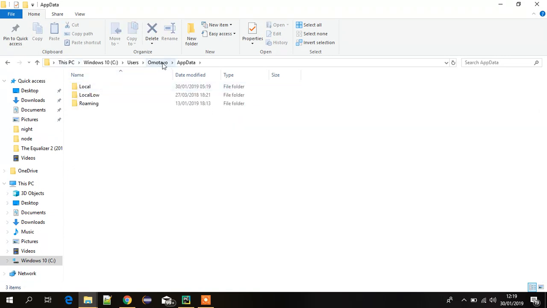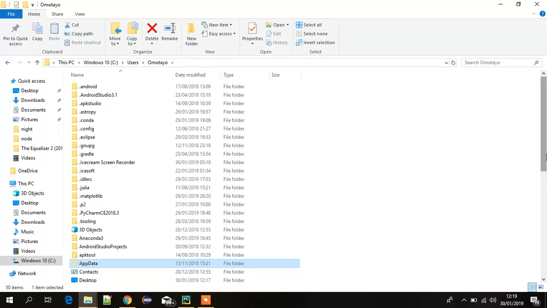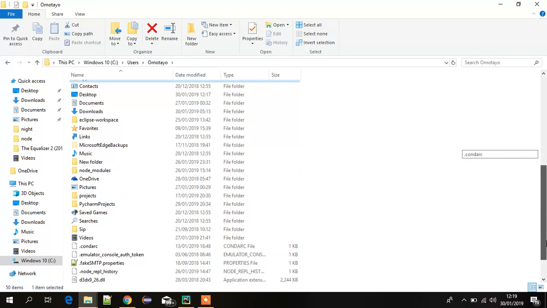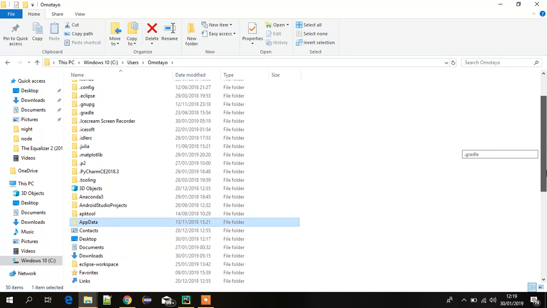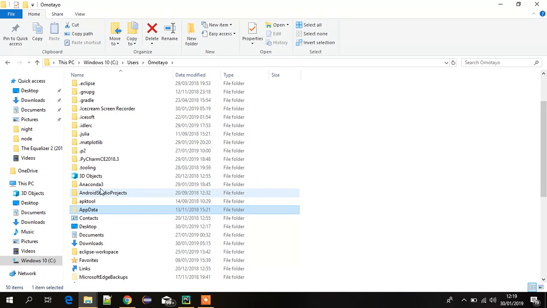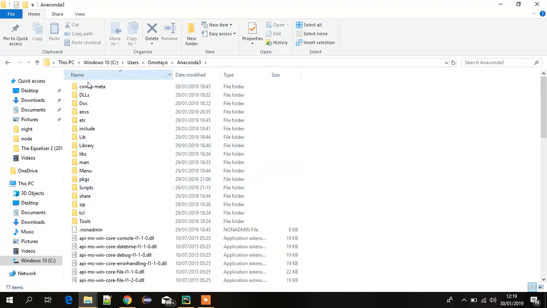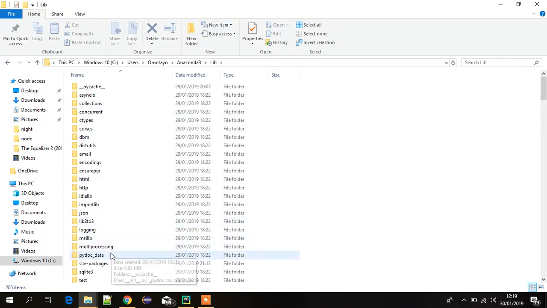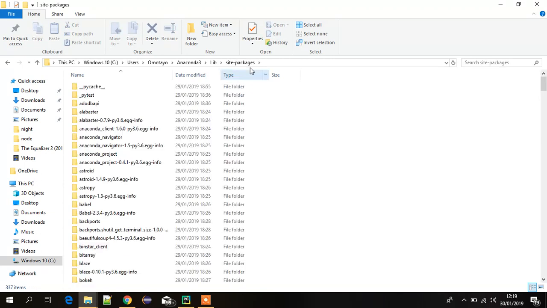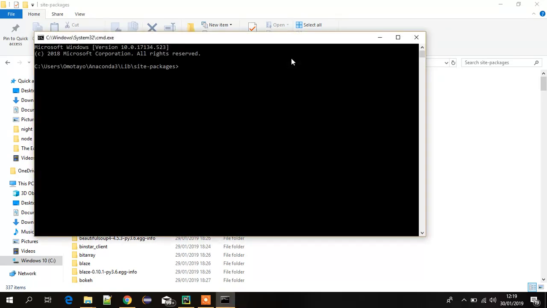Okay, sorry about that. I'm not with my glasses. Then we go to library, then site-packages. From here you can just click on it and type cmd to open your command prompt directly from this place, and type pip install